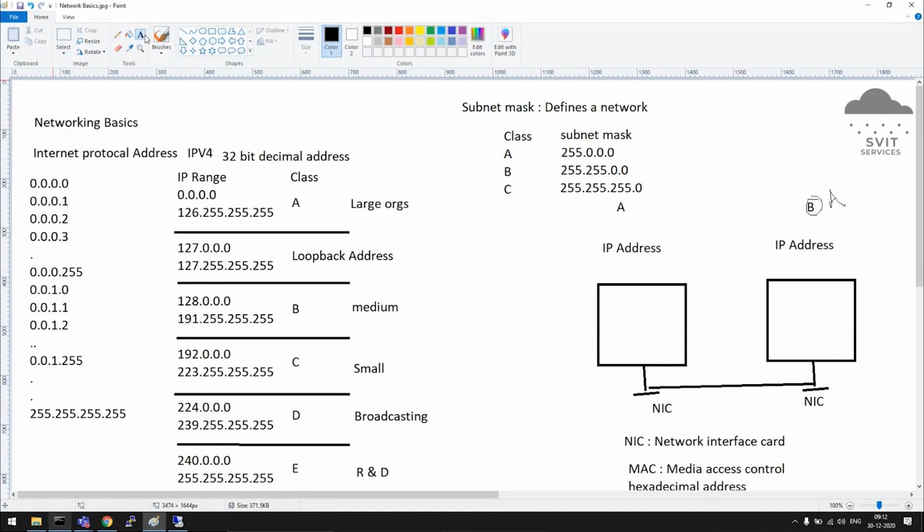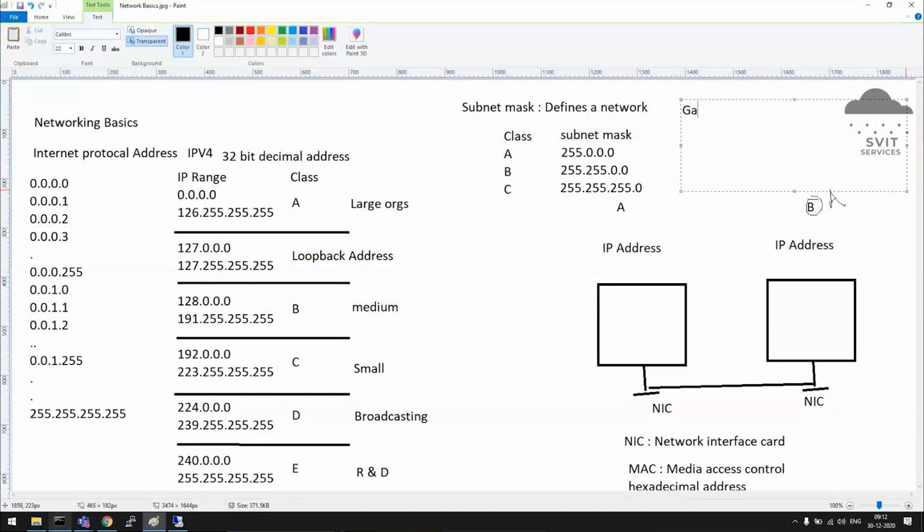Even the IP and subnet mask are not enough. You should know what your gateway is as well. Gateway, in networking terms, means the entry or exit point of a network communication, like an interface. This will also be provided by the network team. They will give you the IP, subnet mask and gateway.